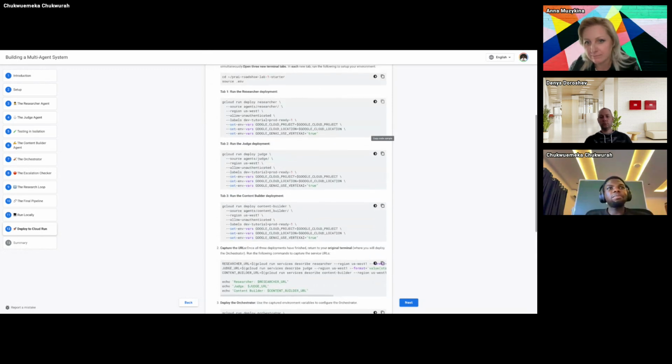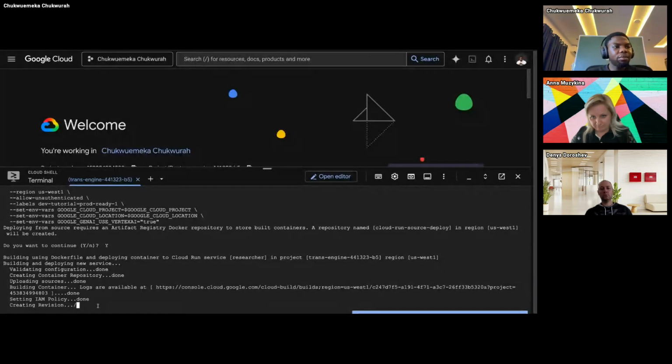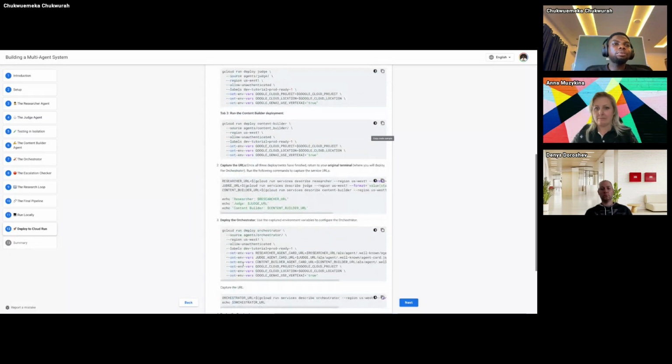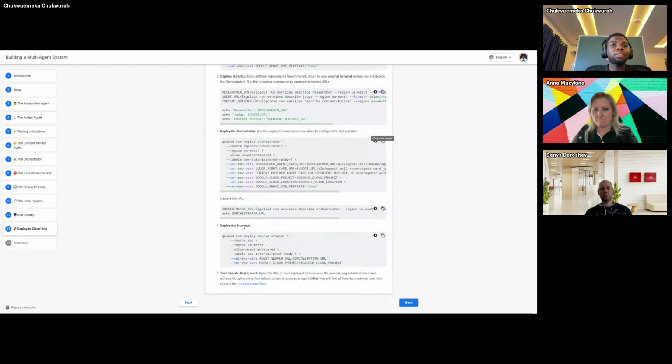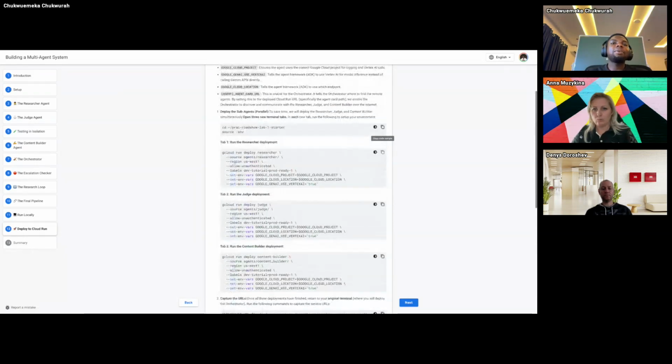Okay. So in terms of minutes, Cloud Run takes roughly 3 minutes to deploy a service. And we have to deploy 1, 2, 3, 4. We need to deploy 4 services. Oh, actually 5, the actual front end itself. So 5 services. So it might take a while. So what I can do is,